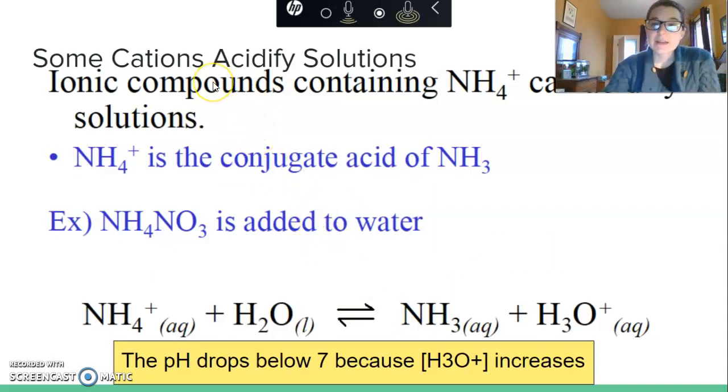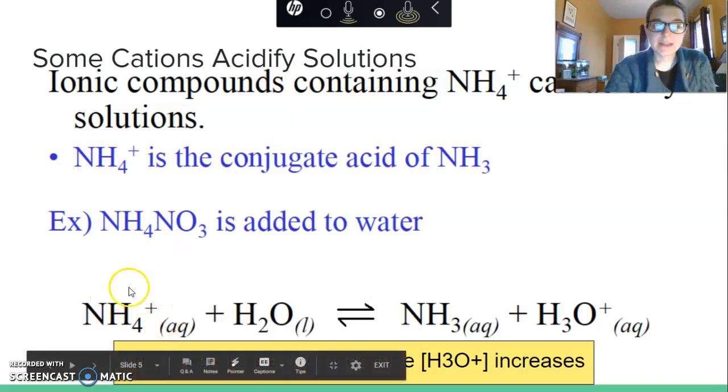Some cations can acidify solutions, so that would be to lower the pH of a solution. And so ionic compounds containing NH4+, for example, can acidify solutions. So NH4+ is the conjugate acid of NH3. If you remember from strong acids, strong bases memorization, NH3 is a weak base, so the conjugate acid is therefore a stronger acid, NH4+. So if we add NH4NO3 to water, we would see NH4+ react with water to donate,